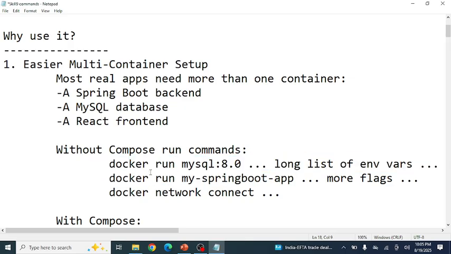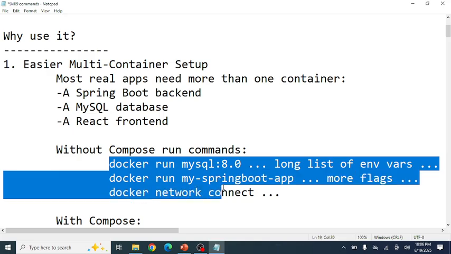For example, when you run the Spring Boot application, the Spring Boot application runs on port 8080 and MySQL on port 3306. They communicate with each other by using the network. In Docker also we need the network. We need to define the network connection also. If you want to run the Spring Boot application without using Docker Compose, we need to run three different containers